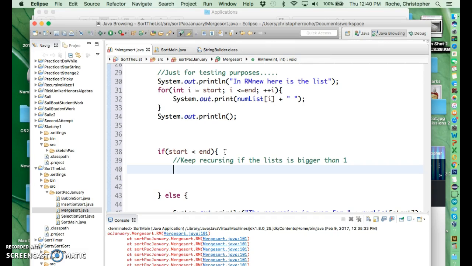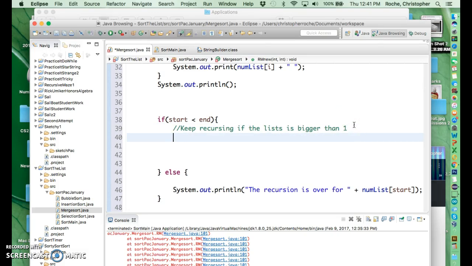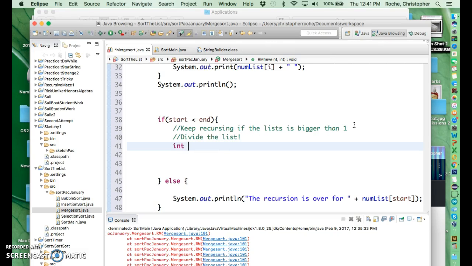And then basically what we have to do is find the midpoint, and I think this is where we really kind of messed up. So what we still need to do here is basically cut the list with an endpoint. Divide the list. This is what we wanted to do. I'm going to make a thing called mid. We had middles and stuff like that. Let's make mid, and it's going to equal